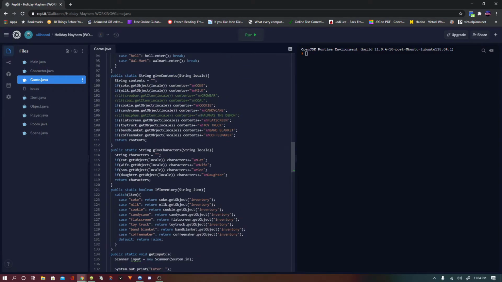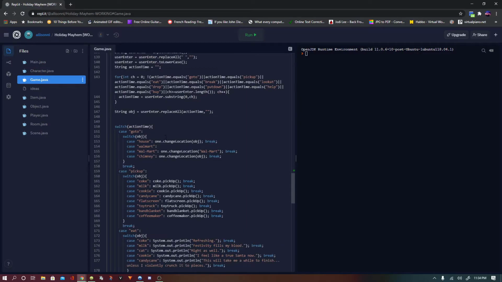And that's what this change location thing is. So it puts in the object, and then this one I have a switch statement on because I know nobody's gonna type that. So I have it to where if you also type this, then it'll do the same thing, because nobody's gonna capitalize it and put a hyphen in it. That's ridiculous. But it's grammatically correct, so I wanted to put it in the game like that.